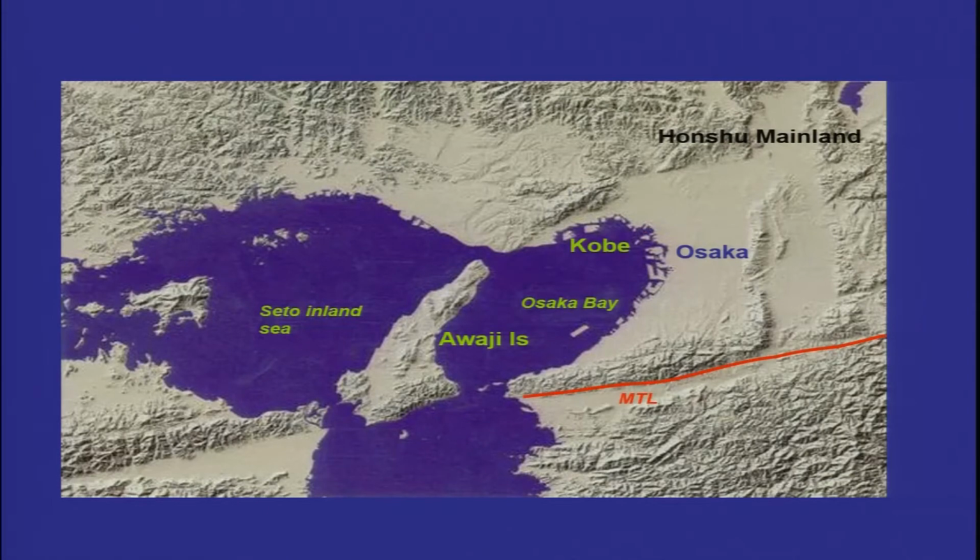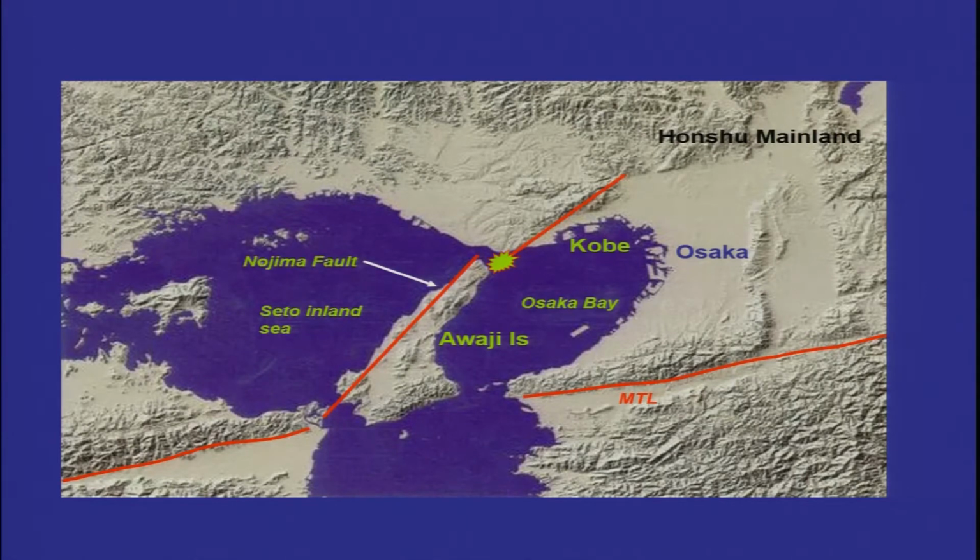So, this is the major fault line, which is again a strike slip deformation or transform fault system. You have the Median Tectonic Line, and the earthquake which was triggered in 1995 was at this point. This was the epicenter, and the rupture propagated on either side. So, it ruptured towards Kobe, and it ruptured crossing the Awaji Island. So, this was the reason why Kobe faced extensive damage,